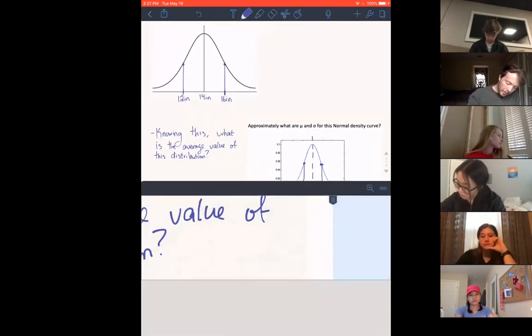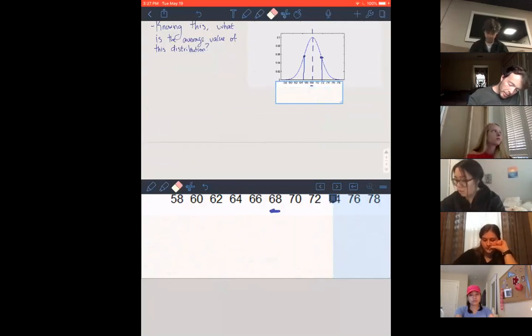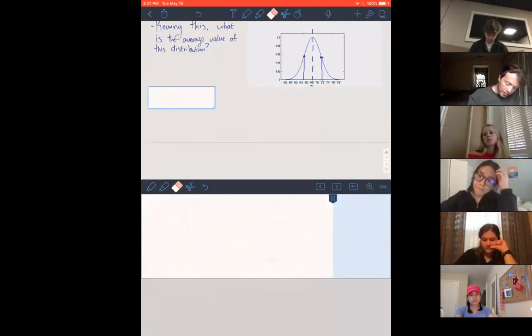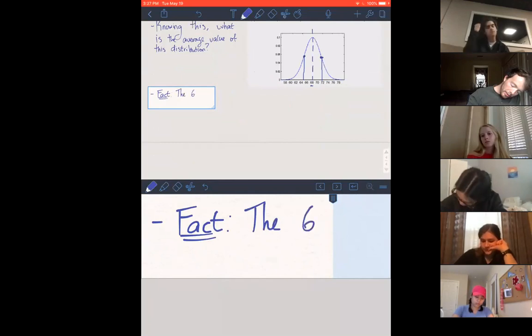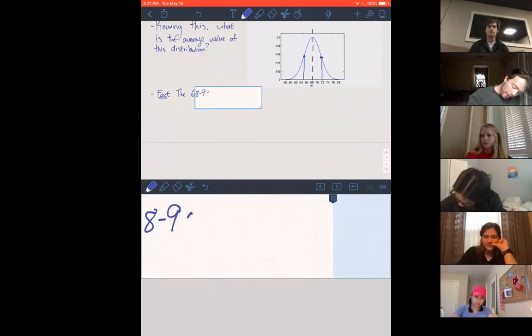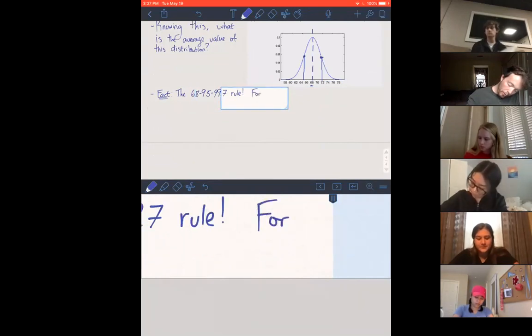So next thing we want to talk about is how to start thinking about area underneath the curve. And I'm going to give us a fact. This fact is called the 68, 95, 99.7 rule. And that is, for a normal distribution,